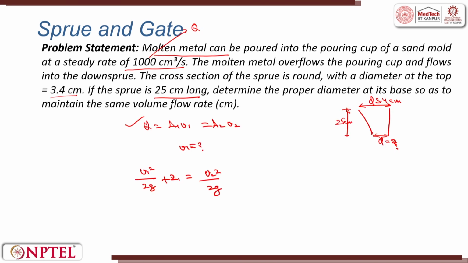So, you will calculate the value of V2 from here. This value of V2 while putting into Q is equal to A2 V2, you will find the value of A2. So, this is step 1, this is step 2, this is step 3, and the value of A2 that you will get finally is